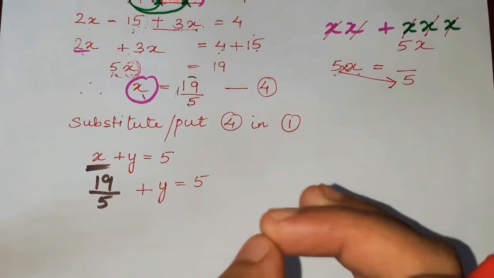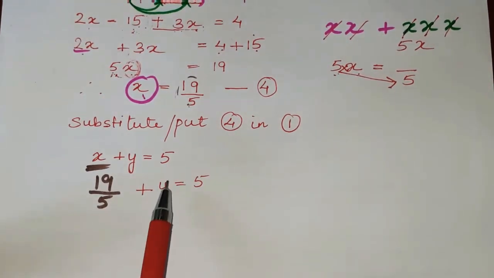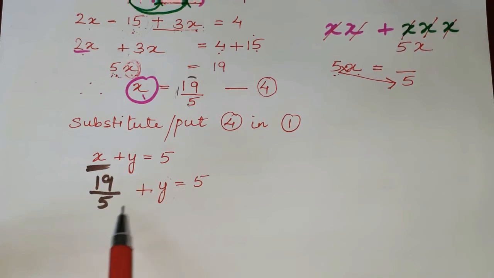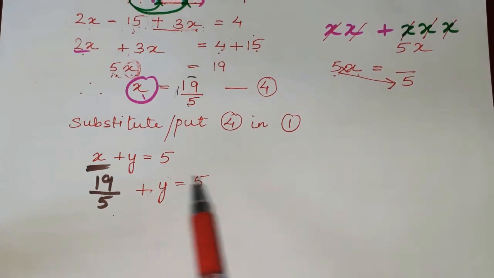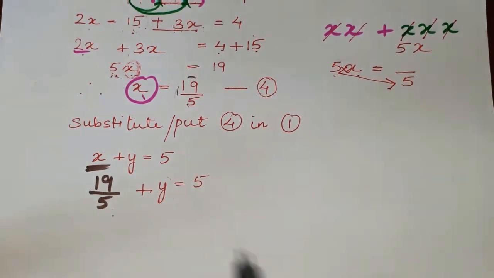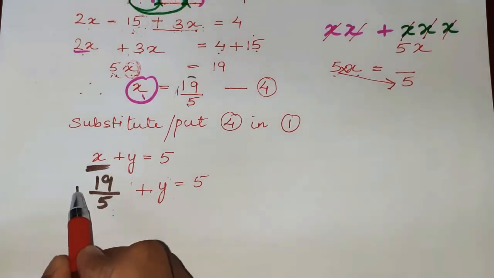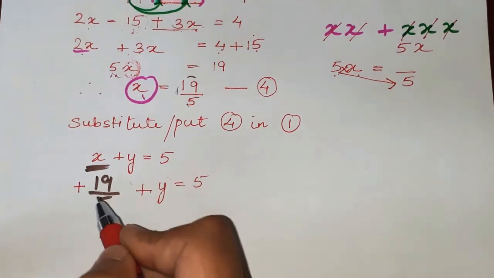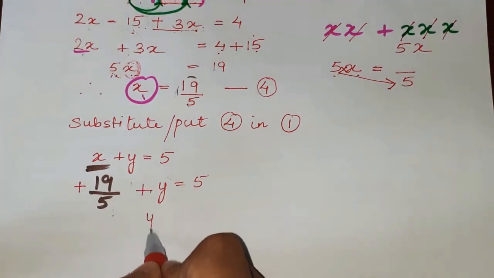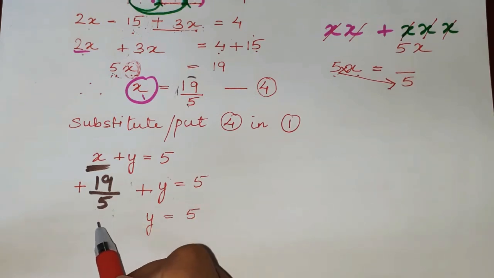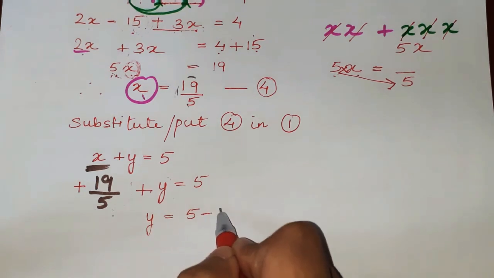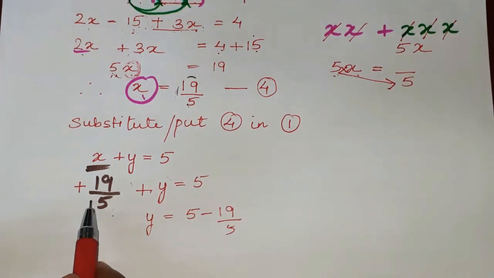Now again we just want a value for y. So this y we are going to keep on this side, and the remaining numbers we are going to take to the other side. This is a fraction, that is 19 upon 5. So how are we going to take this number to the other side? This whole thing will go on the other side. This is positive over here, there is no sign indicated, which means it is positive. So y will remain here, 5 is on the other side. This is a positive fraction, 19 by 5. When it goes on the other side, it will change its sign, it will become minus 19 upon 5. So 5 minus 19 upon 5.